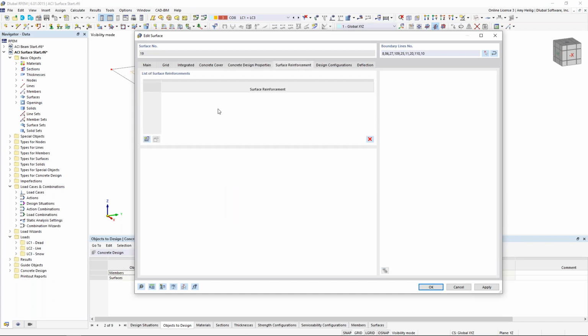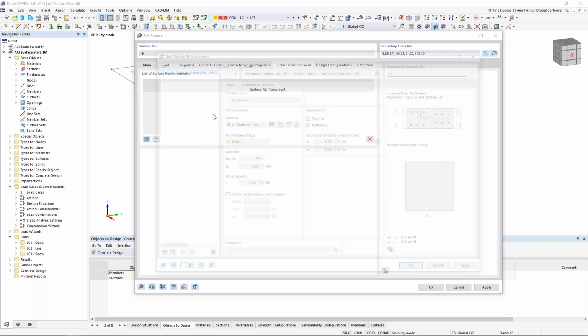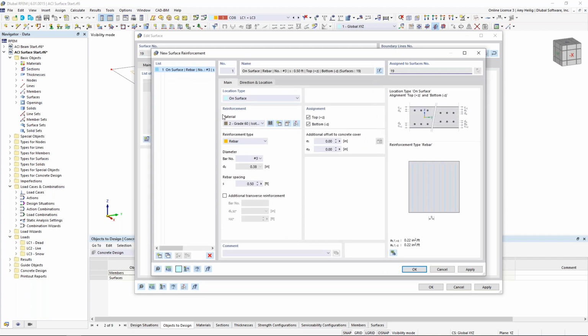For the surface reinforcement, we create a new definition here. And we're going to apply the reinforcement over the entire surface. My reinforcement material is already set at grade 60. The reinforcement type can be welded wire mesh. We have the library in there. It can be rebars or it can be stirrups. So perhaps we want to define some additional shear reinforcement around our columns, for example. But we'll go ahead and utilize the rebar option, and we will choose number 5s at 12 inches on center